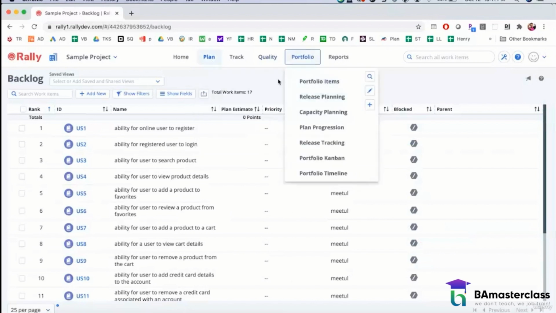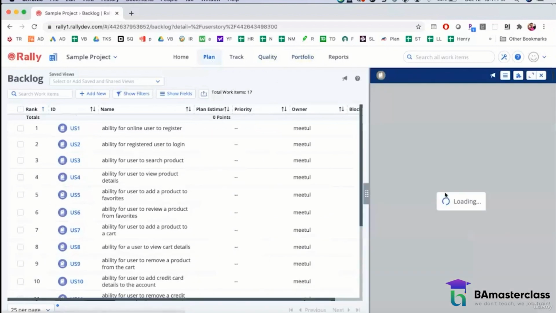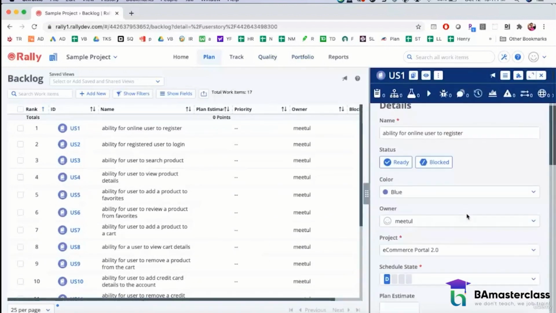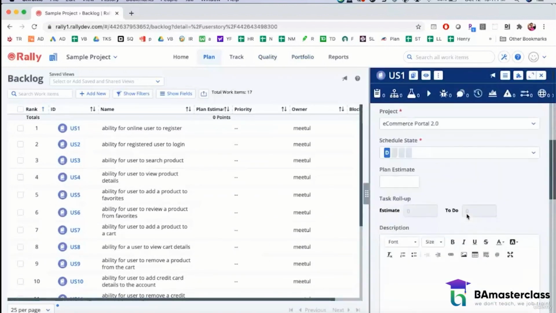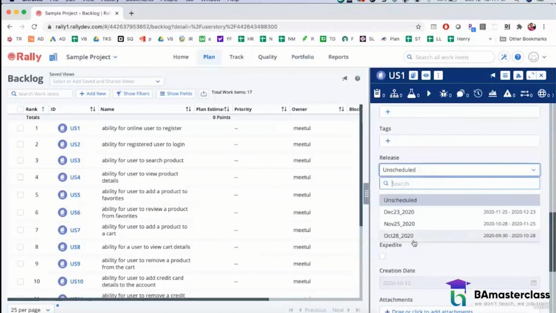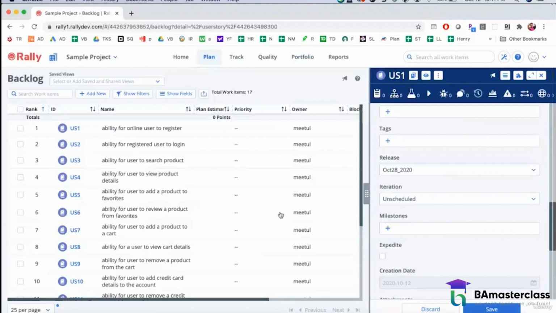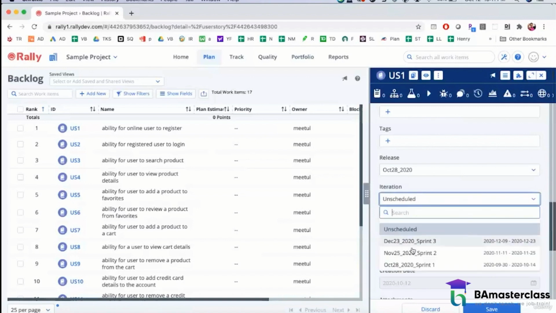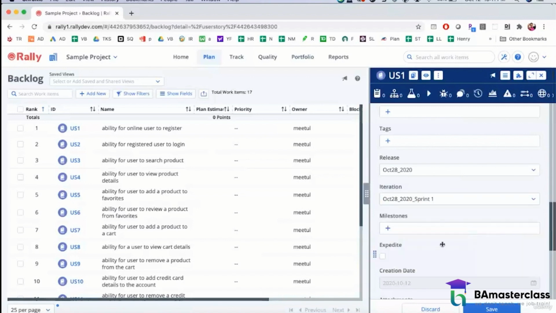You know what, we'll do that later on. All right, so I go to US1, I want that to be applied to. So if I go to the releases option, I'm going to select October 28th. Now, right now, you'll see US1 being here. The moment I change this to October 28th, sprint 1, and I click save,